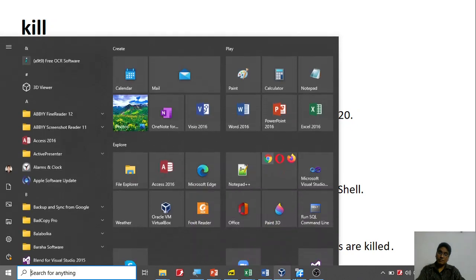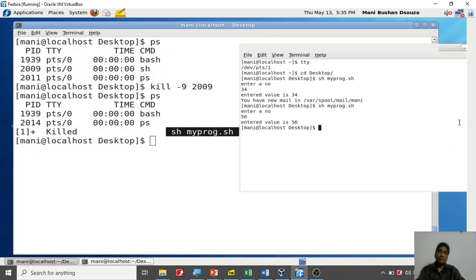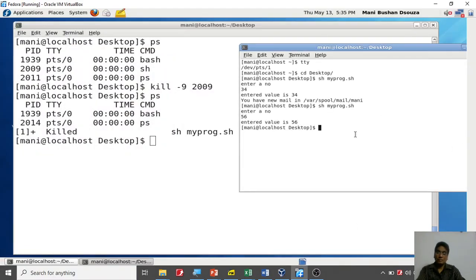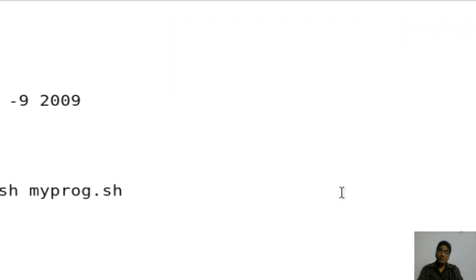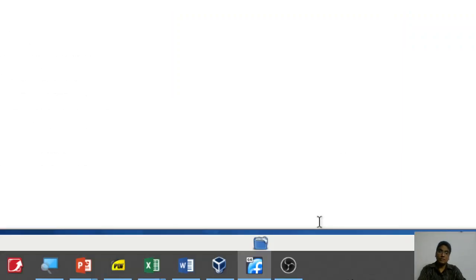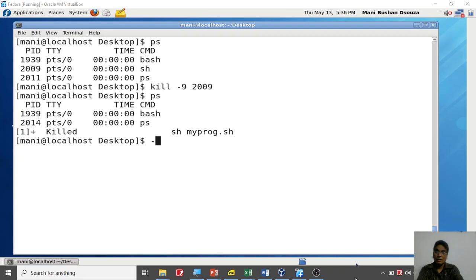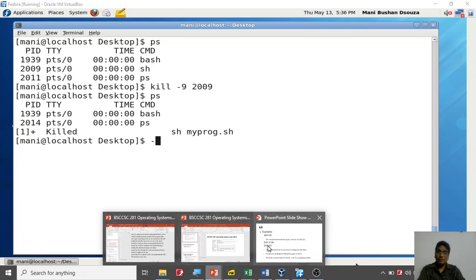I will just do a demonstration. I have one other terminal here. I'm going to type that. I will try to zoom it for you, just a bit. So this is the other terminal. What if I say, let me click here, kill -9 and the process ID 0? That means that terminal itself will go. Okay, so that terminal is gone. Let me go back to the PowerPoint now.